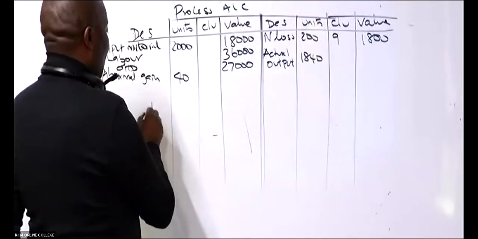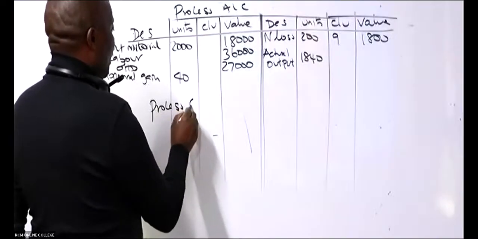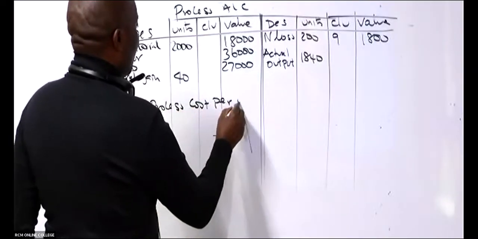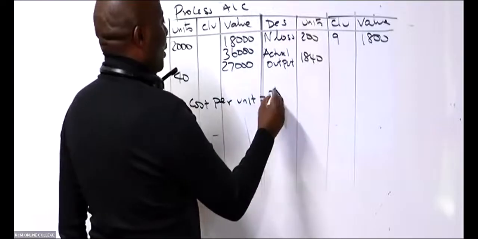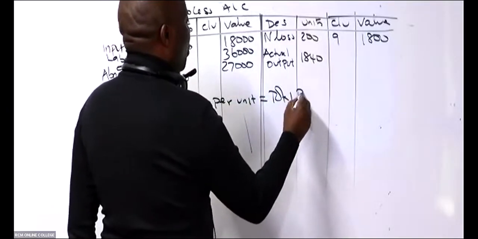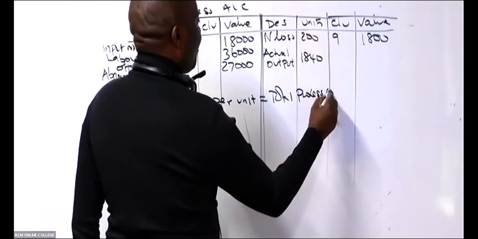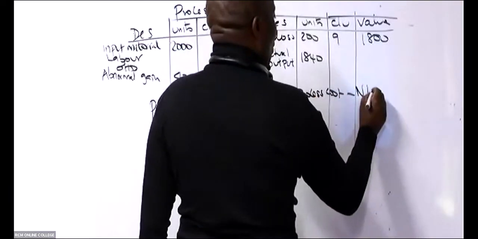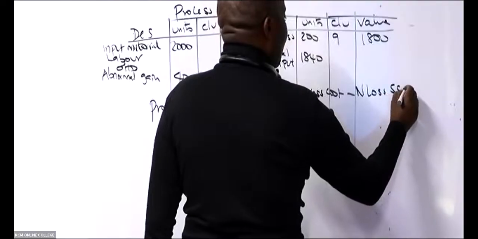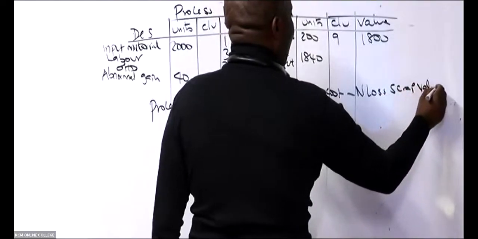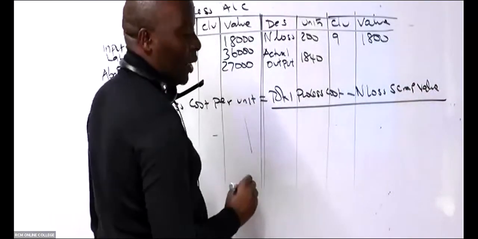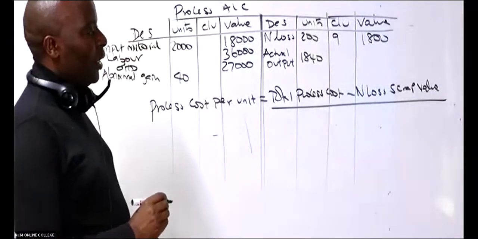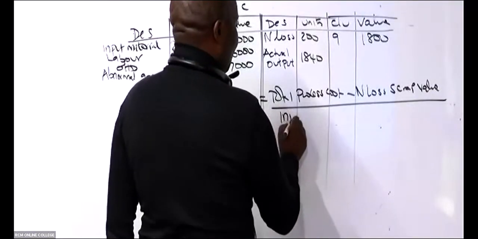Process cost per unit equals total process cost minus normal loss scrap value, all over input units